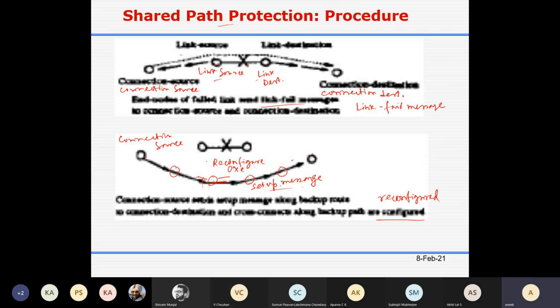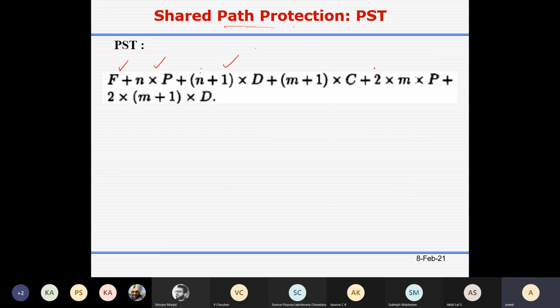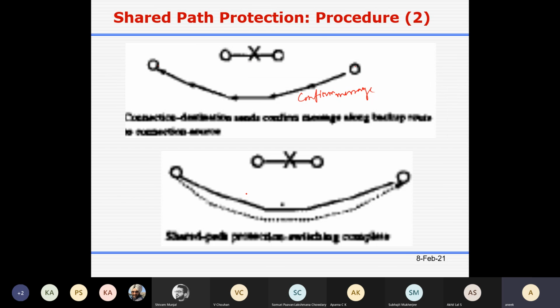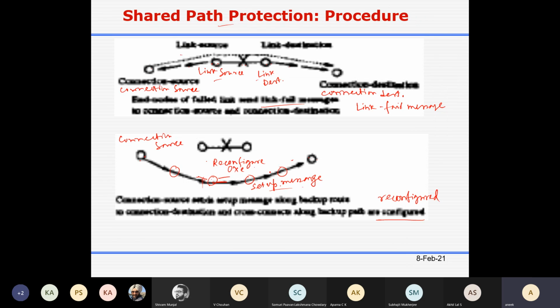Then you have to add the same amount again, so it will be 2mp plus 2(m plus 1)d. And when you are sending the setup message, you send it over here, and then you have to configure the switch. So this delay has to be added. What is the configuration delay?